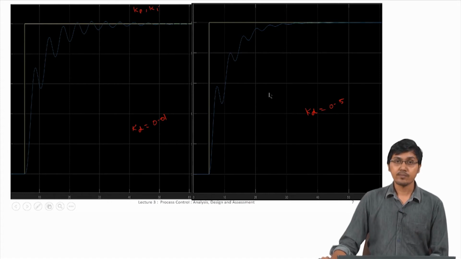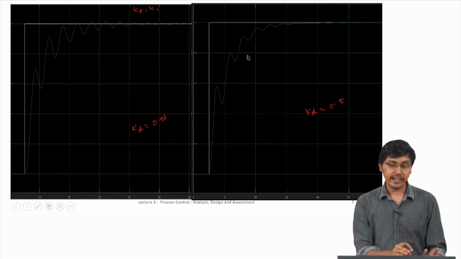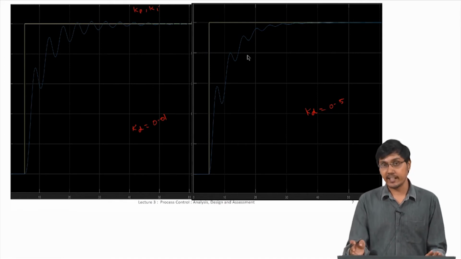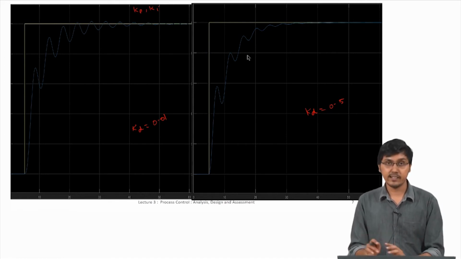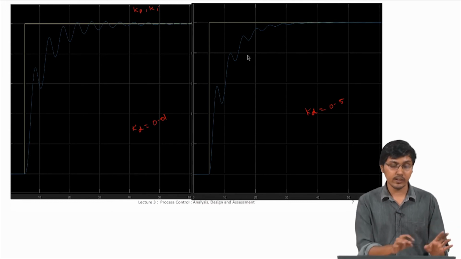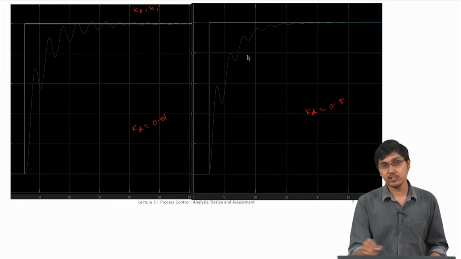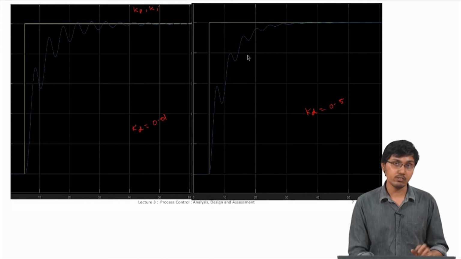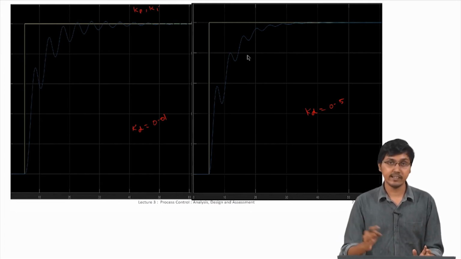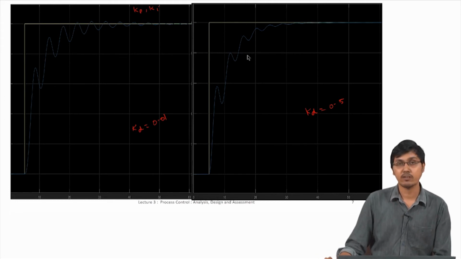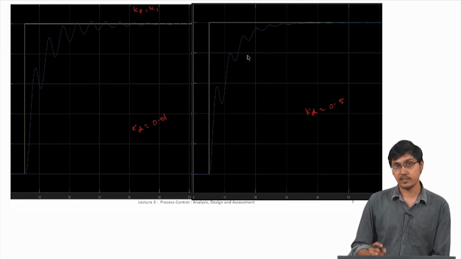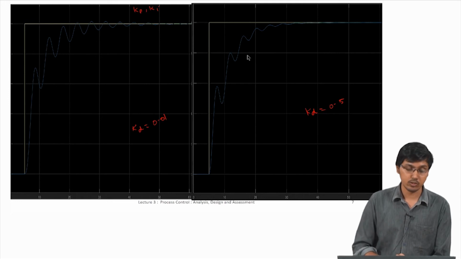So, now it's just a qualitative comparison. You can take any smaller value of Kd here and any bigger value of Kd here. So, we can compare these two qualitatively, like what happens exactly. These values do not really matter for this exercise for now. What we are concerned more about is what will happen when we increase the Kd, what is the effect it is going to have on the control response or the performance of the control loop.